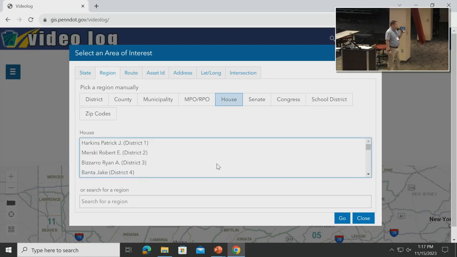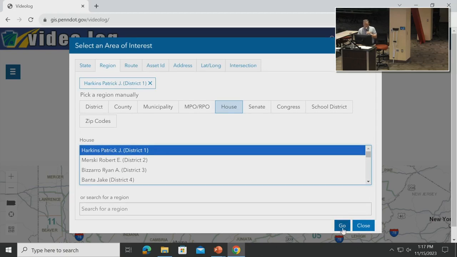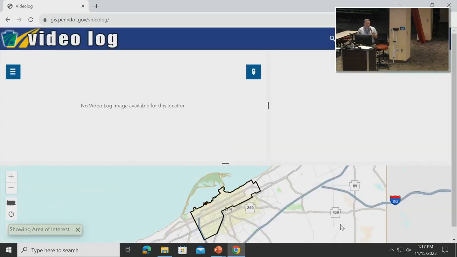You'll go through each of the districts and it gives you the actual representative. So if you know what district you're in, you could go right to it. If you don't know your district but you know your representative, you could search the screen, find that person and go to that district. Same with the Senate districts in the state, as well as our federal congressional districts. You determine what you want to search in, and just click it, and it'll zoom and highlight that area for you on the map.